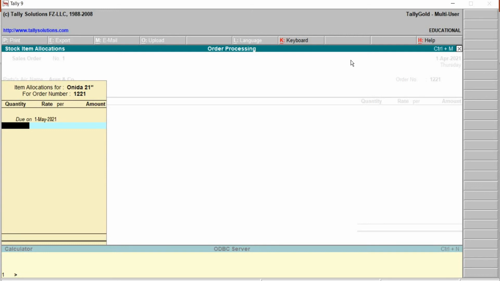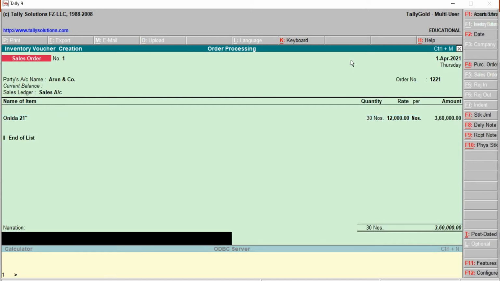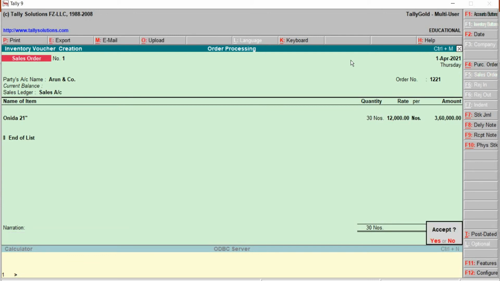Quantity is what? 30. Rate is what? Purchase rate, selling rate will be different. Later save this one, press Y from the keyboard.